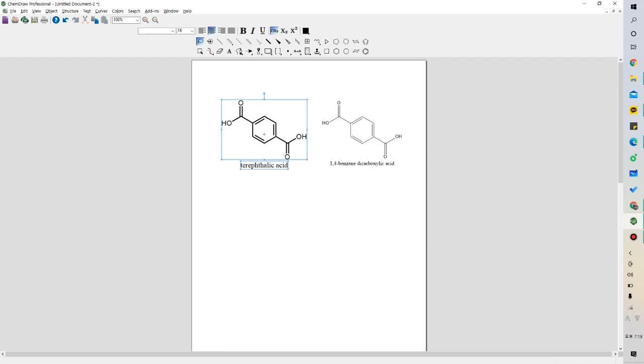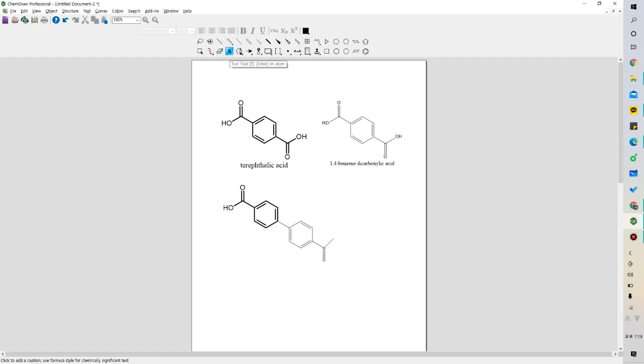So let's modify this structure one more time. If I click Ctrl-C, Ctrl-V, there's another copy, and let's see. Click Eraser, and let's delete these bonds. Delete this too, and this time let's draw our desired material. Erase this. Yeah. And click this. Another bond. Actually, make two bonds. And make this a double bond.